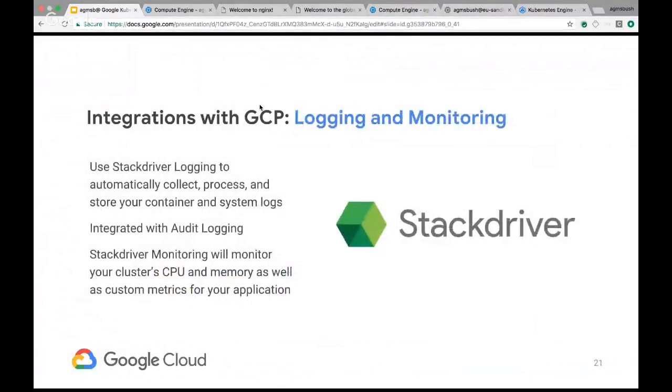So the next thing I want to talk about, and this will just be brief, is that we do integrate with logging and monitoring, and this is again a way to enable that with a click of a button. We also integrate with audit logging, so we are able to see in Kubernetes who is doing what, what actions they're taking in a given cluster. So it gives us auditing, if we're running this in production, as far as who is creating a specific deployment or something like that. All of this is integrated into the Google Cloud Platform console.